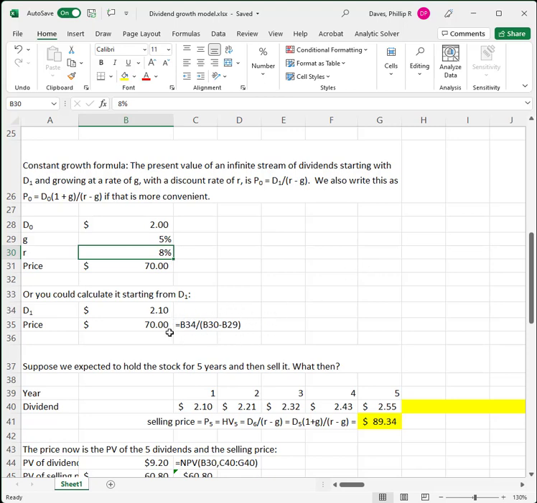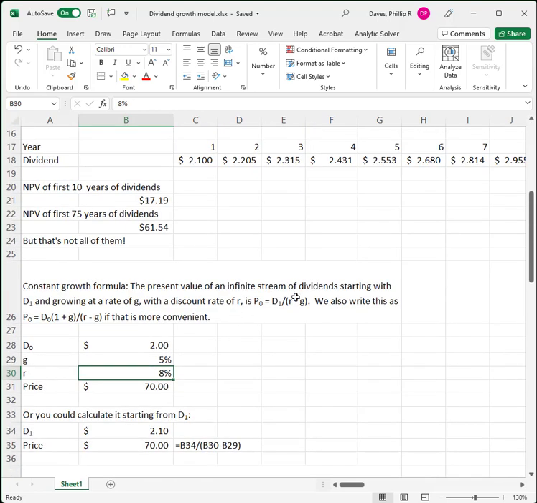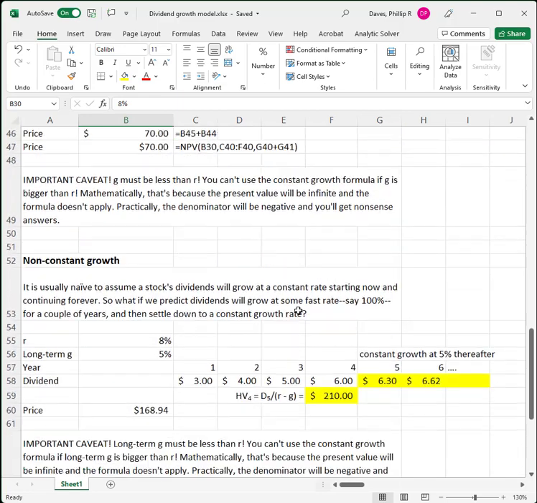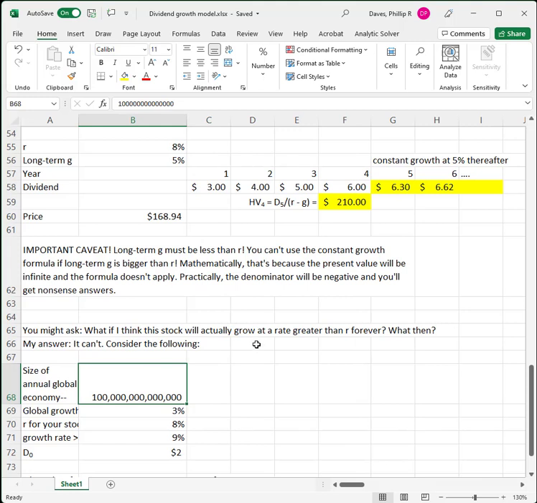Well, looking over here at the formula, actually I can go all the way up to the top where we have a formula, D1 over R minus G. The denominator becomes 0 if R is equal to G, and of course that makes no algebraic sense. The denominator becomes negative and the whole quotient becomes negative if R is less than G, or if G is bigger than R. And the reason that makes no economic sense is because that gives you an infinite valued amount. And what does that mean? Well, what that means is that you can't have something growing at a high growth rate forever and expect it